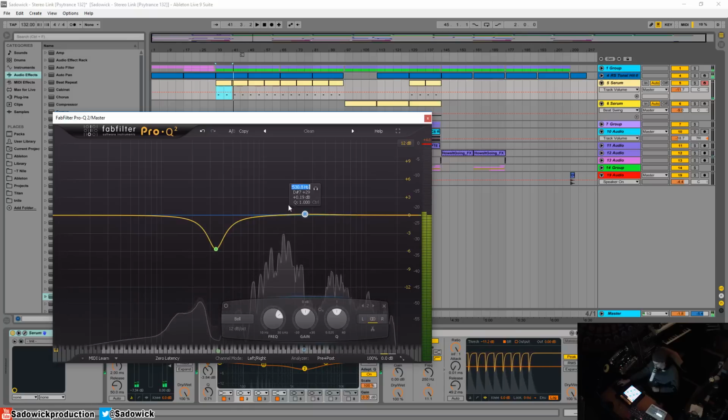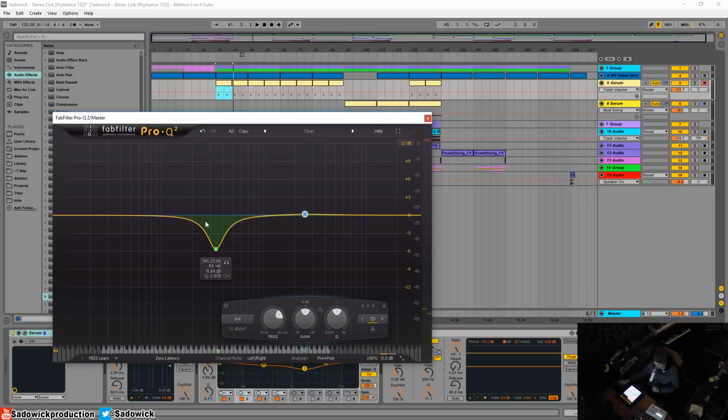Right, be careful with it. Know that you have it on. You have to be more careful because it might throw your ears off. You'd be like, whoa, what the heck is going on here? I move one thing and everything else moves. That's what it kind of sounds like to me. But if you take it slow, it will help you carve out your tracks and make them sound the best they can be.